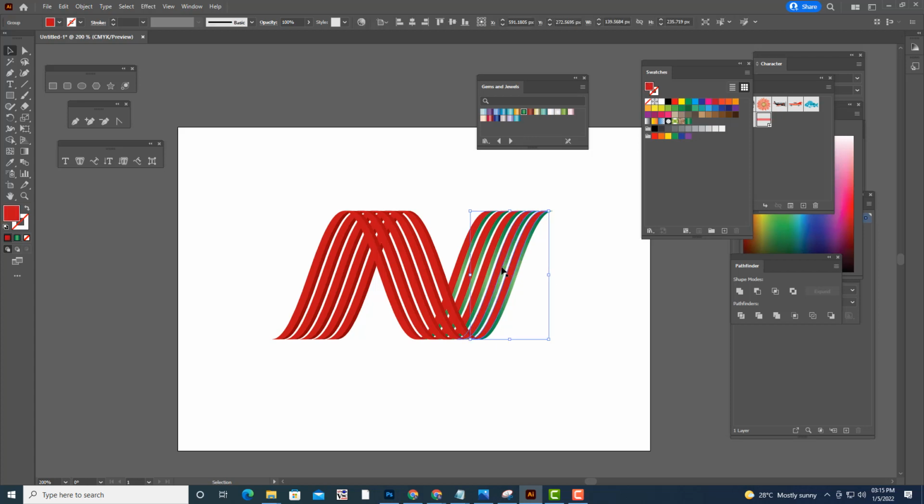Okay, so something like this. And for the top part, we can apply some. Okay, we'll apply this. See, so something like this. And also for the side part here, see, we'll do the same thing.